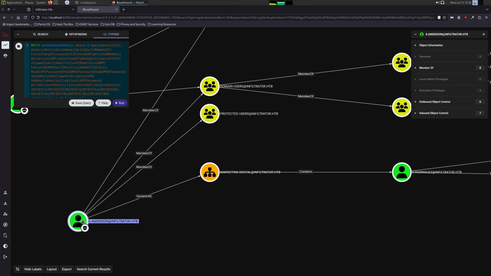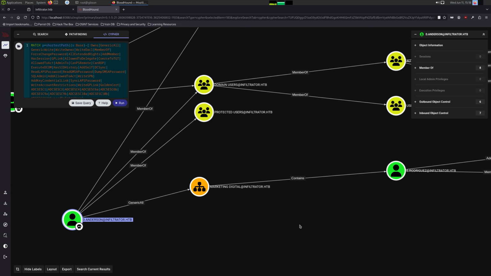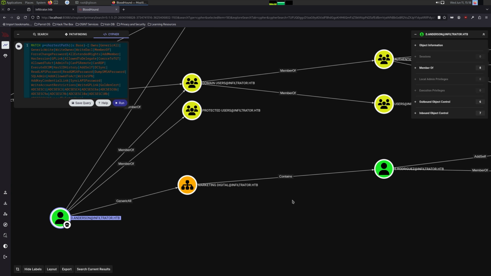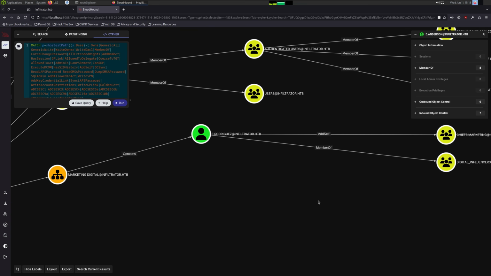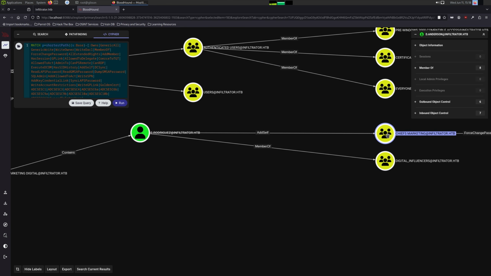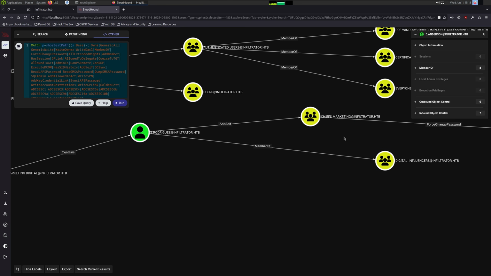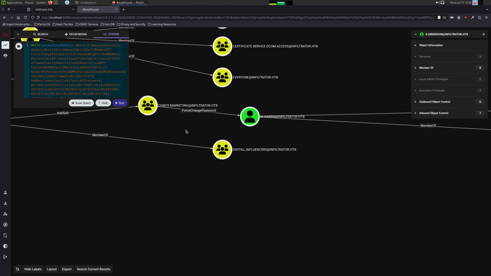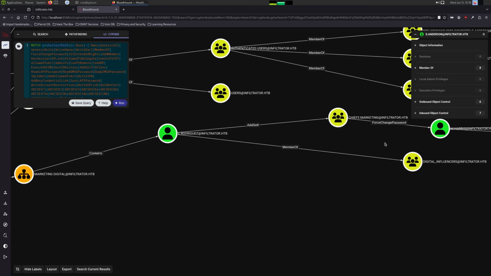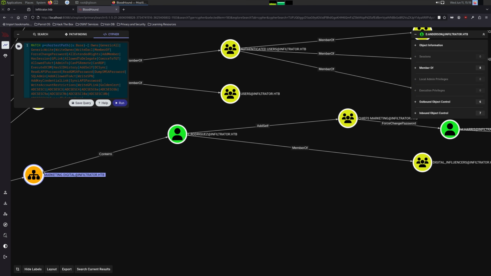We see D. Anderson has GenericAll over this marketing digital at infiltrator.htb OU, and that contains the E. Rodriguez user, who can then add himself to the chief marketing group, which then has ForceChangePassword over M. Harris. So that is the attack chain. We have to go from D. Anderson, take over this OU, take over this user, add them to this group. And yeah,